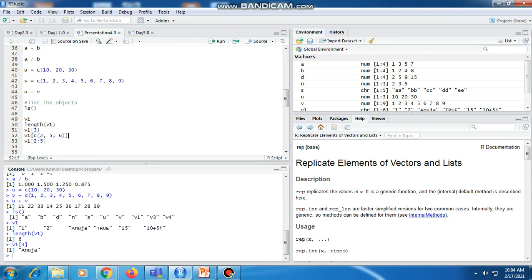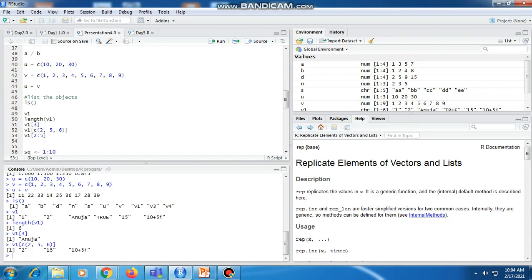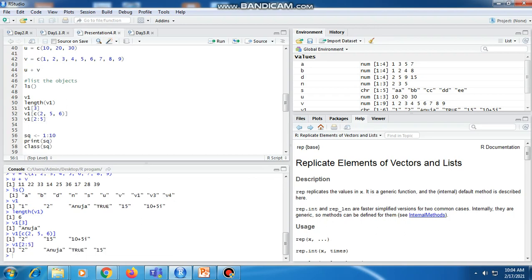If we check v1 of c(2, 5, 6), it will show the values located at the second position, that is 2, the fifth position, 15, and the sixth position, 10 plus 5i. In this way we can also mention a range, and it will show the values from location 2 to 5.